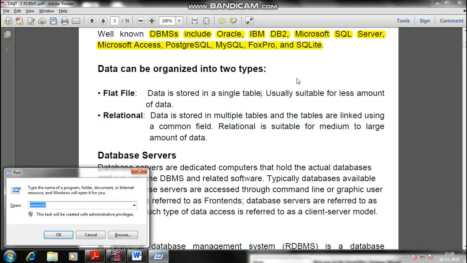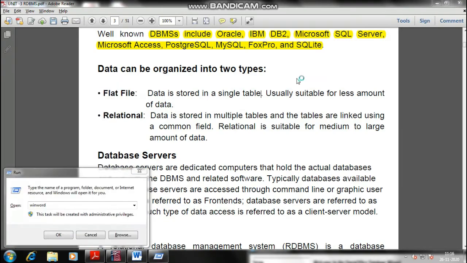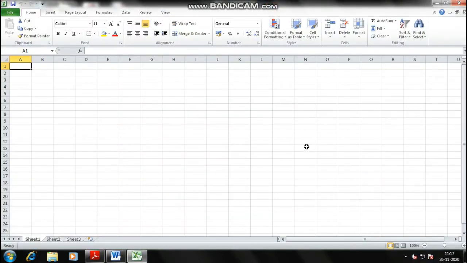This is the example of a flat file table. It's opening here. So this is an example of a flat file. So you have the data in the form of rows and columns, right?